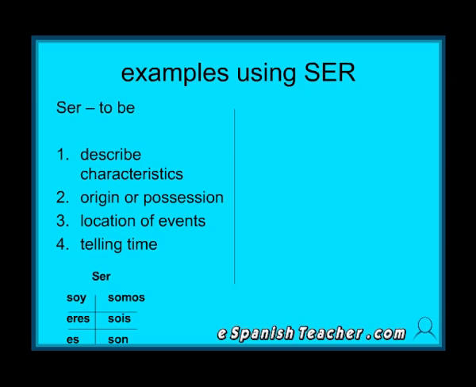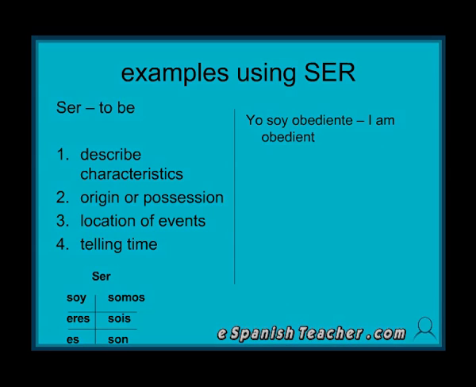So let's look at some examples, one example of when we describe characteristics. The first example, yo soy obediente. I am obedient. Now, characteristics often get confused with one of the uses of estar, and we'll look at that in the next slide. But keep in mind that characteristics tend to be a longer term description of something or somebody. In this case, yo soy obediente. I am obedient. And it's very unlikely